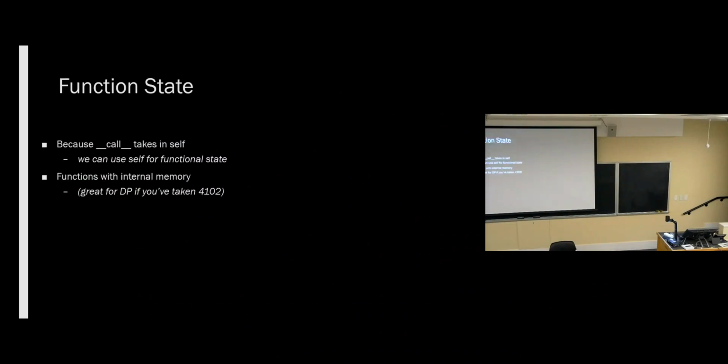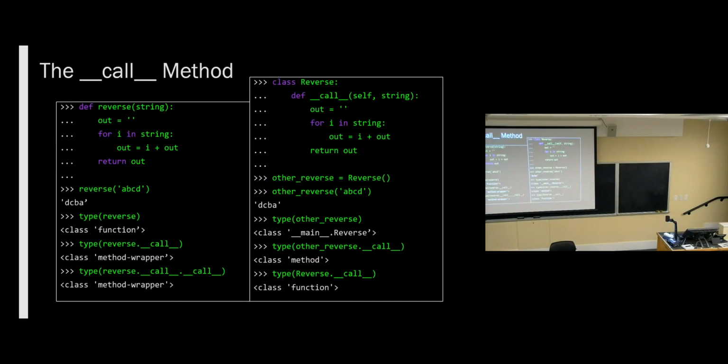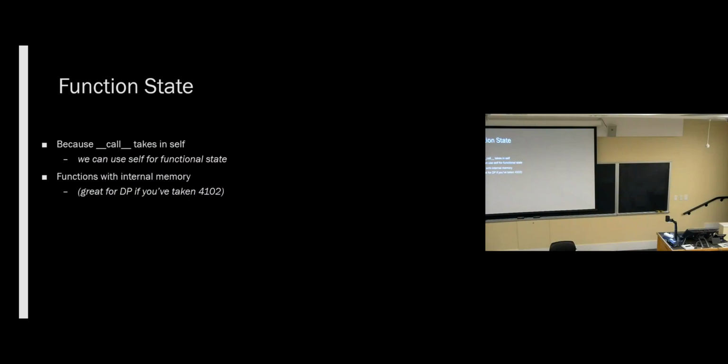So okay, that's fun. But is this useful? Because here, we put this function into a class, and now we get to take in self, but we didn't touch it. So this is kind of pointless right now. But it turns out that taking in self is actually pretty useful if we want to make a function that has state. Before, I made functions with state. The state variable was called state, so you know that it has state. But those were just global variables.